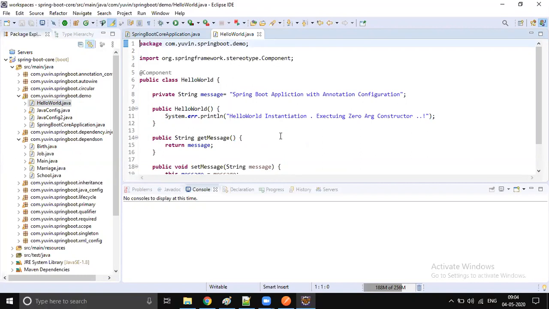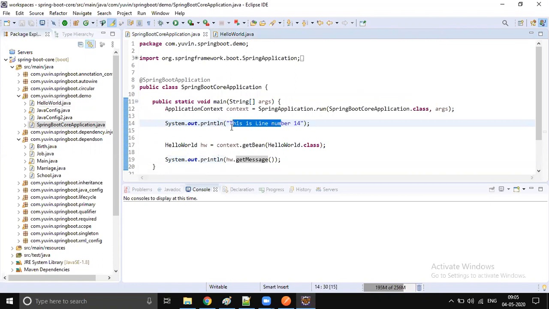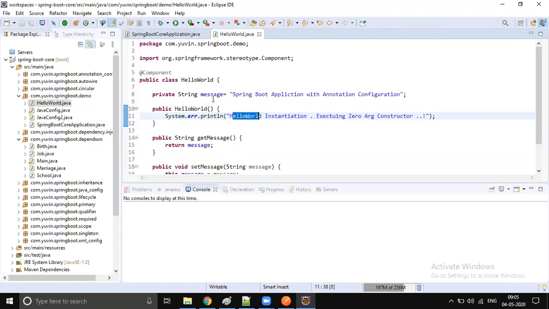I think first the constructor will get printed, the hello world zero-argument constructor. Then line 14 will print. Finally, the message will be printed. Yes, first the zero-argument constructor will be printed.